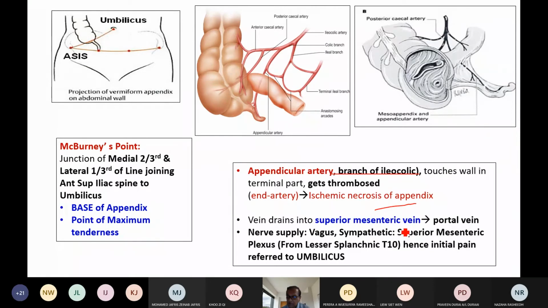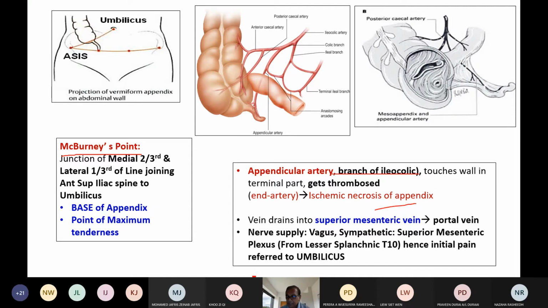Now, something about appendicular pain. We already said that pain of the appendix is at McBurney's point, but I will describe it further. Suppose on 1st December at 9 o'clock you have an appendicitis attack. Will you feel pain over McBurney's point? No. Usually McBurney's point tenderness happens 24 to 48 hours after the start of appendicitis.